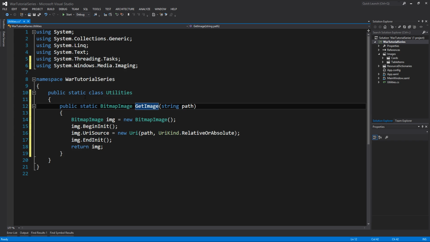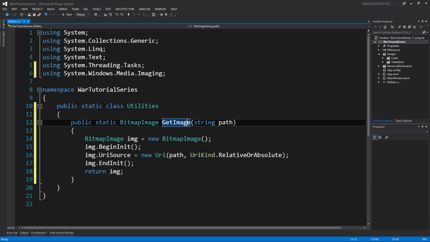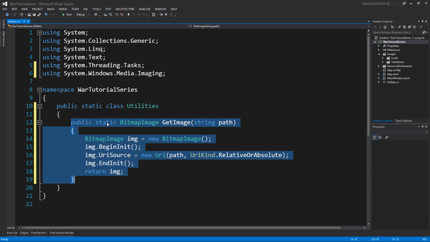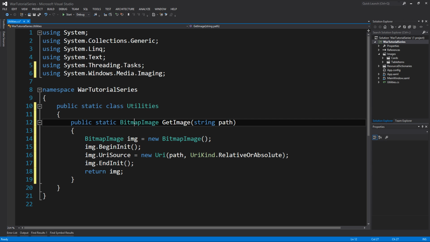Let me zoom in for you guys in case you couldn't see that. I'll go over this real quick since I forgot to zoom in. We added public static to the class, then we added this public static method here. So public static, we're going to return a bitmap image. It's called GetImage, and the parameter that we're going to pass in is a string, and we call that